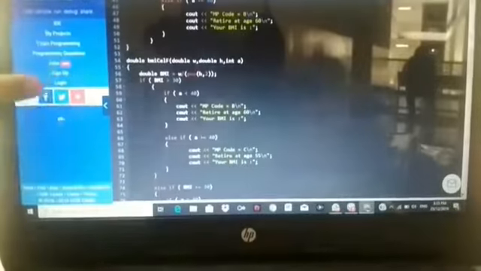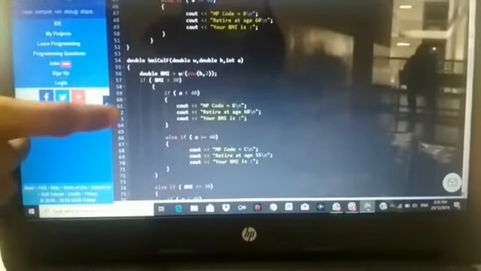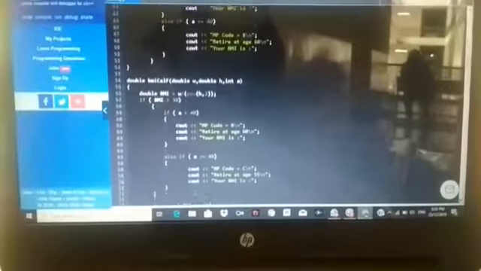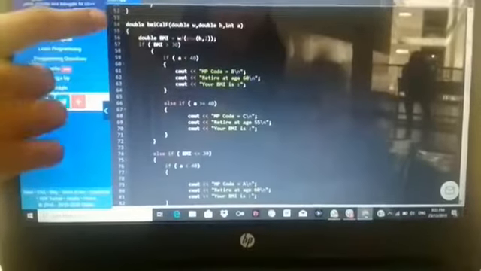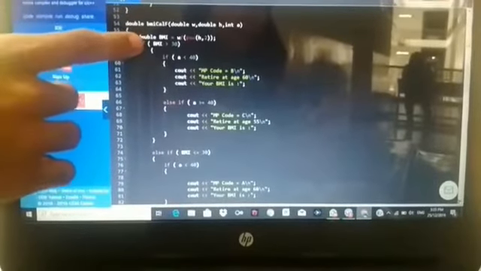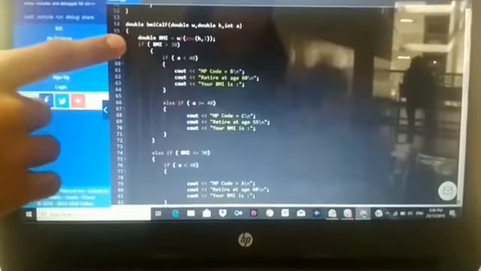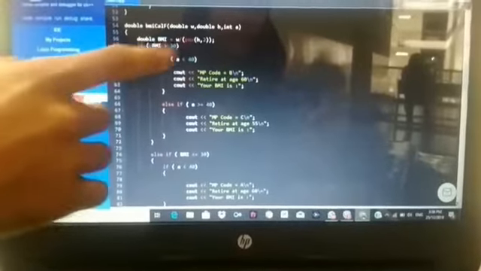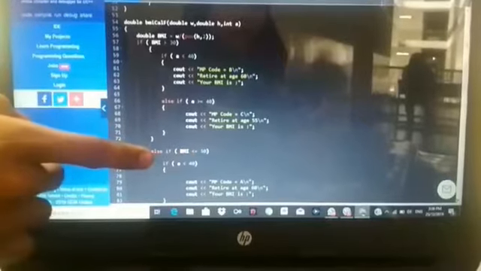Okay, this is the second function. The first one is for male, and this one is for female. Just the same as before, it has the formula to calculate BMI, then the selection of BMI greater than 30 or less than 30.